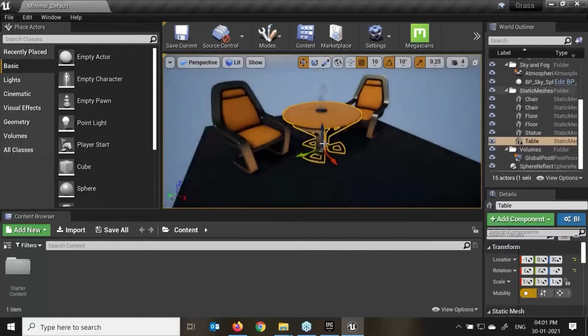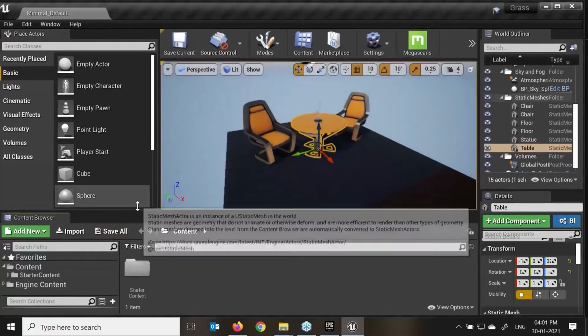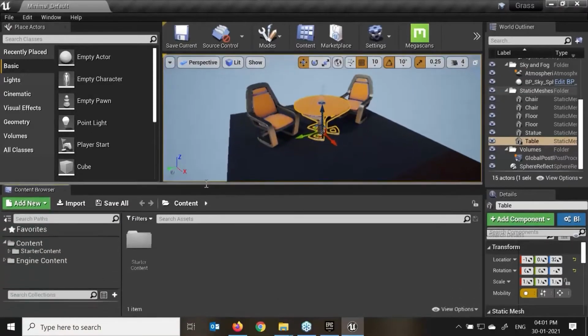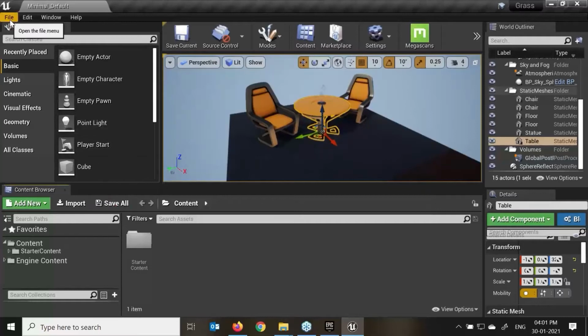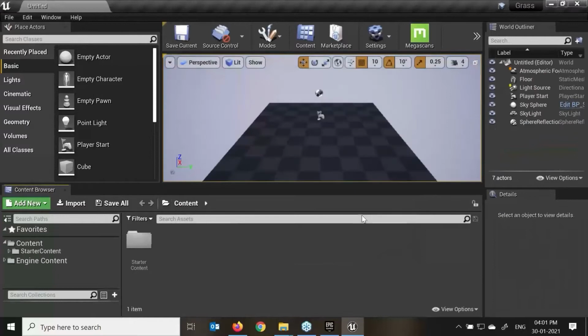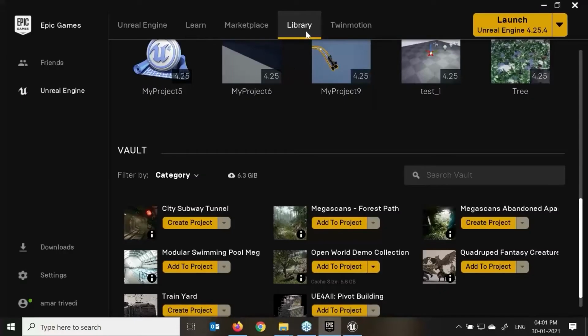Select object F. Here we can see in the content browser, we have the default starter content and the engine content over here. I'll explain what the starter content and engine content are, and how we can hide unwanted folder structures from our recent project. If I go over here and create a new empty level, and I go to my Epic Games Launcher and say add to project.